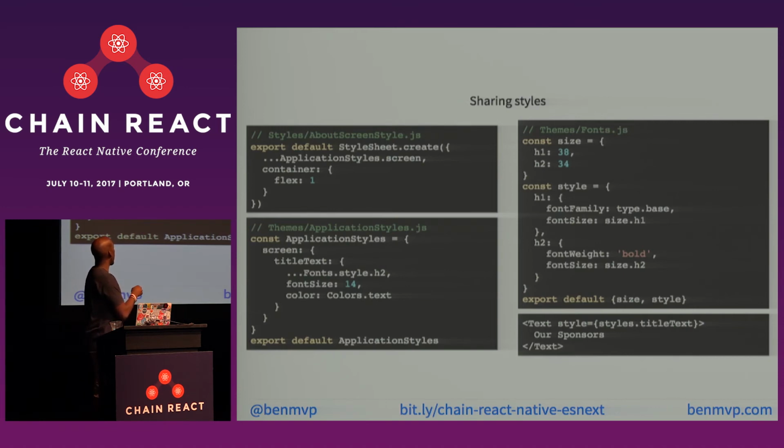But if you look at Fonts.style.h2, here it's font weight bold and font size of size h2. So it actually is defining a font size, but then that's getting overwritten when it gets spread into this object. So order does matter in how you do the spreading. Whatever comes after will override anything that comes before. So font size is not going to be duplicated in the object. It'll just override it that way.